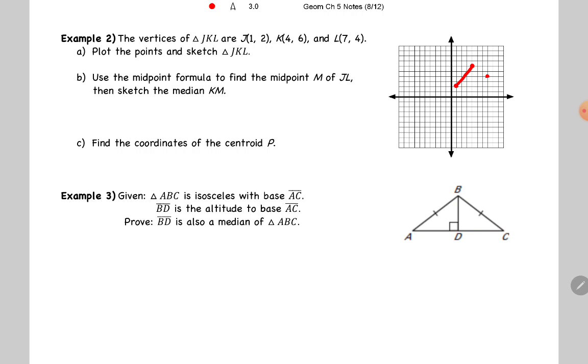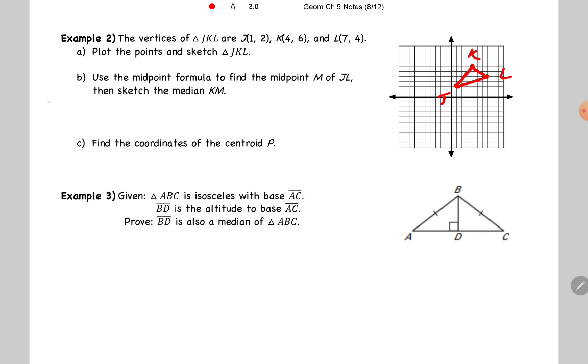Connect the triangle. Use the midpoint formula to find the midpoint M of JL and sketch median KM. So this is JKL. They want the midpoint of JL. Okay, so remember the midpoint formula